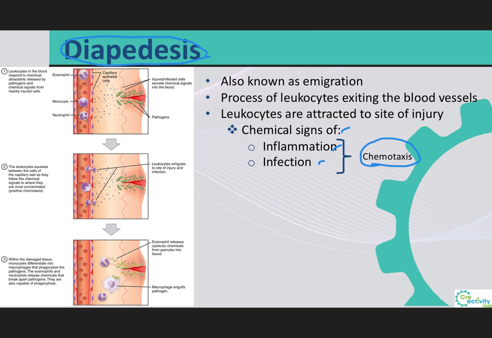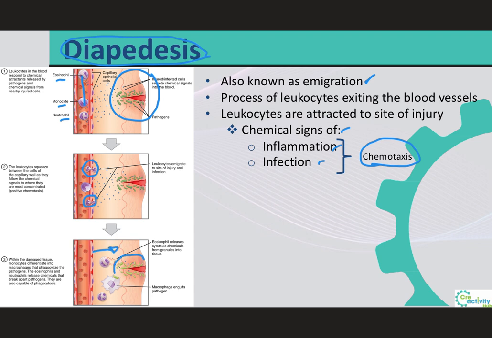Let's analyze how all these processes work by reviewing the image. Leukocytes present in the blood will receive these chemical cues or tips, and they will respond to them by traveling through the blood vessels all the way to the injured site. And once they arrive, they will squeeze their way out of the blood vessels between the endothelial cells in this process that is known as diapedesis or immigration. And once they exit the blood vessel, they will move through the connective tissue of the dermis towards the site